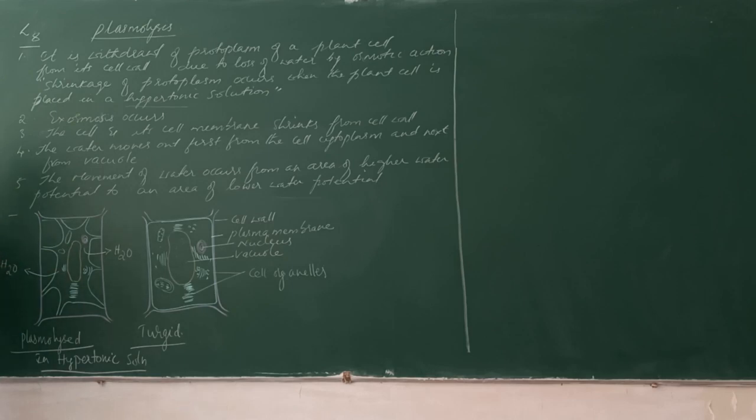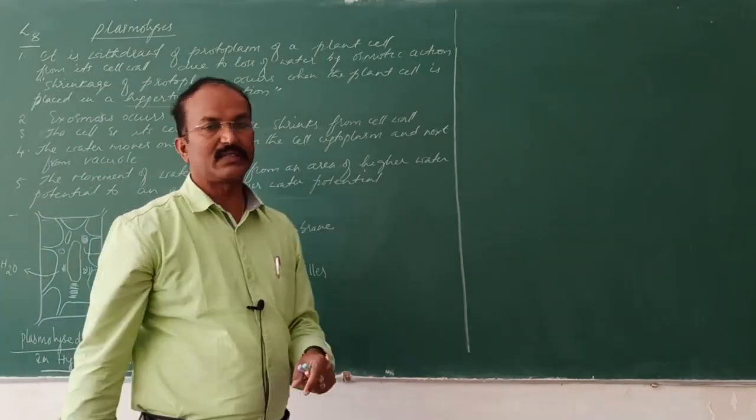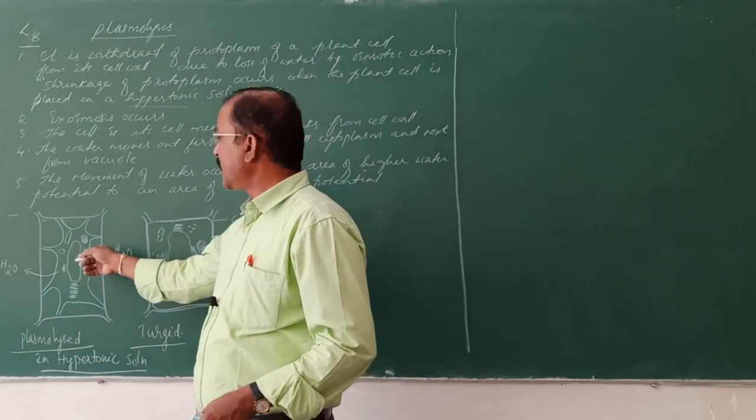That is, when it gets plasmolyzed, the solute concentration will be more and the water concentration becomes very less. So when it is placed in a hypertonic solution, the water concentration is more within the cell, and now it starts moving out of the cell. Understand? So that is plasmolysis. That is withdrawal or shrinkage of the protoplasm. And see, it can be reversed.